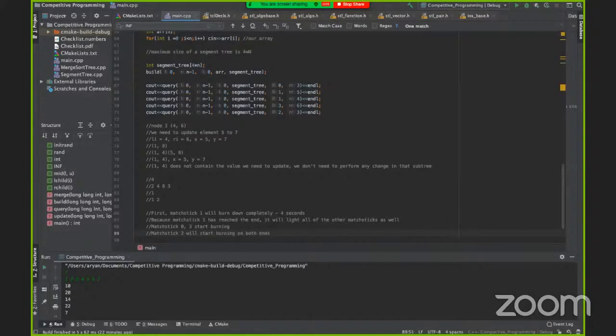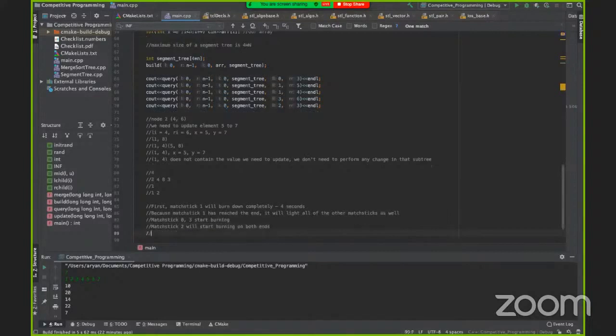Matchstick 2 only had 4 seconds left, right? It was going to take 8 seconds initially, and 4 seconds passed by. So matchstick 2 is going to take 4 by 2, which is 2 seconds, because it was lit on both ends.